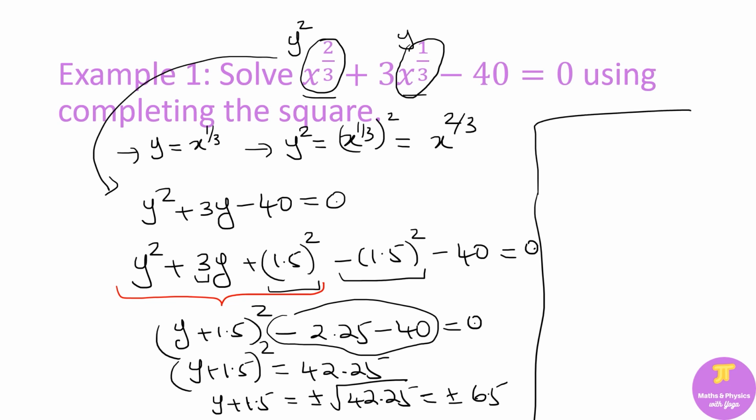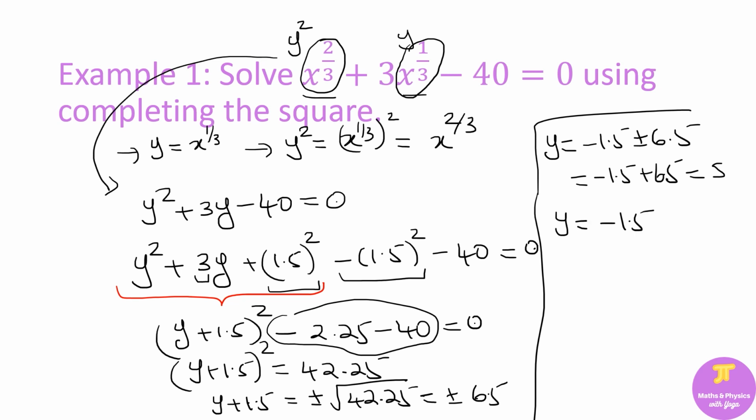So what is our answer? Y is going to be minus 1.5 plus or minus 6.5. So the first answer is minus 1.5 plus 6.5, which is 5. The second answer is y equals minus 1.5 minus 6.5, which is minus 8. But this is not the final answer because y is the variable that we introduced. Actually, if you look at our substitution,